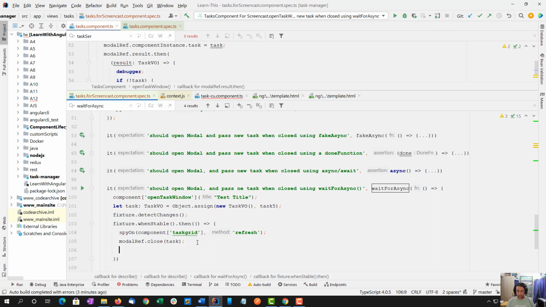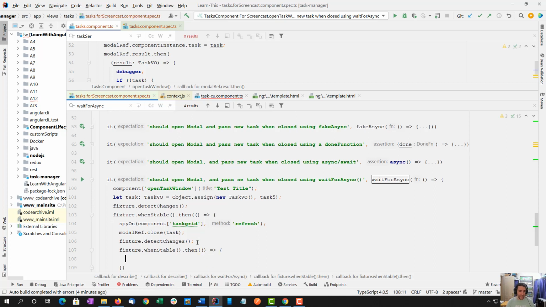But we're dealing with async code, so it's not going to automatically trigger. We have to once again tell Angular to go ahead and detect changes. Click that one redraw cycle, which will force that handler to run. And when it's done, then we're going to run some more code, and in here is where we can run all our assertions. We're going to expect